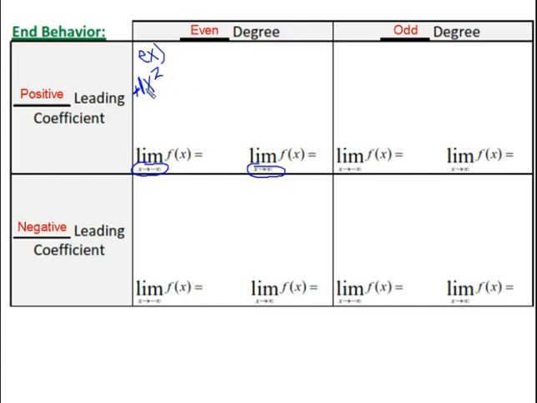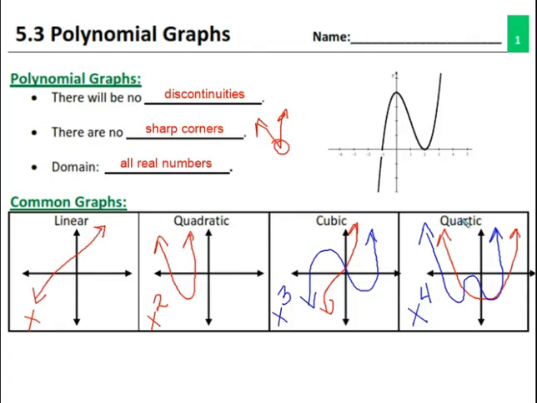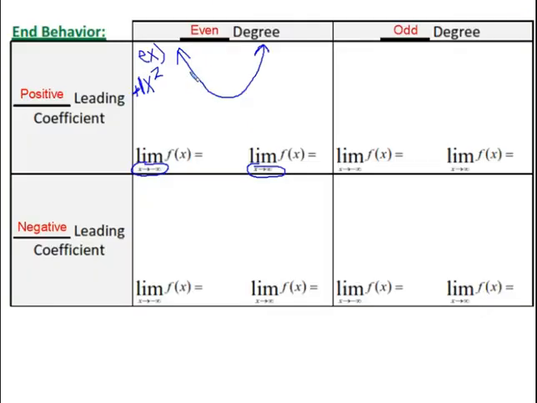And we know that x squared graphs, these quadratic graphs, look like parabolas. So in this instance, we're going to have a graph that looks like this. But remember, the x to the fourths, if I go back for a second, notice how the quartic graphs, these x to the fourths, kind of look the same way, but they might have a few humps in the middle. So I don't really want you to draw this smooth like this. I'm going to say there might be some humps in here, but the main idea is